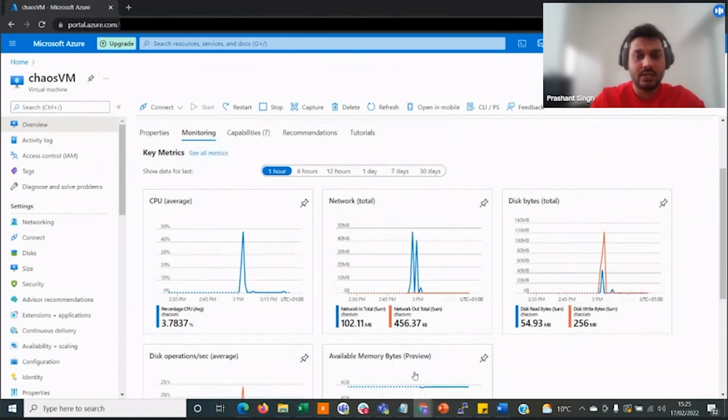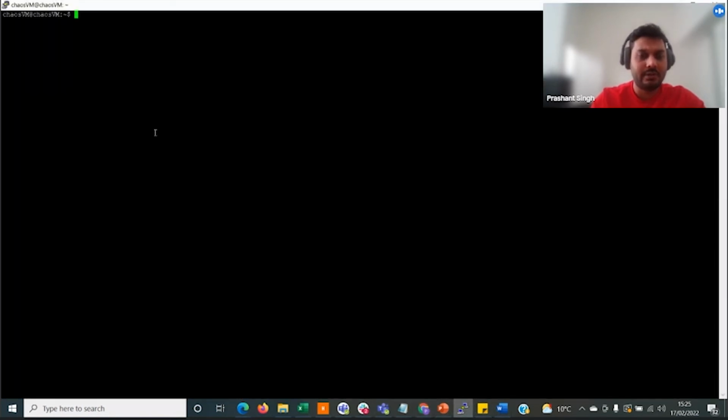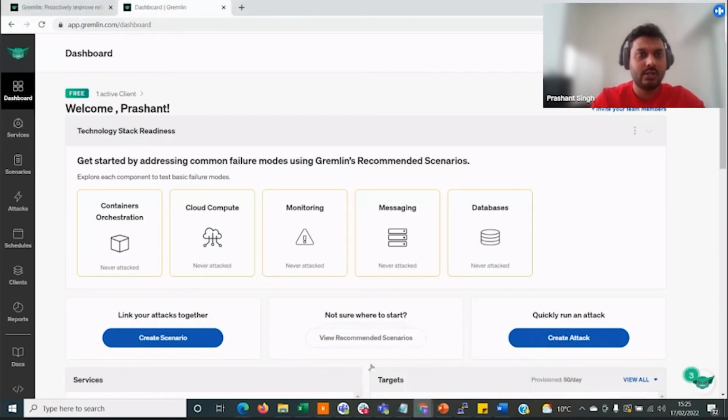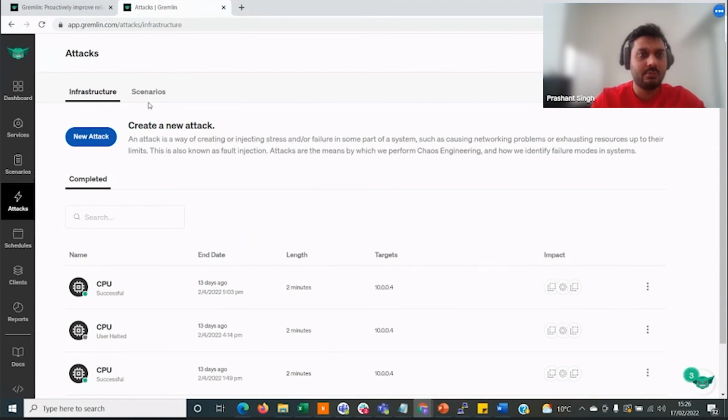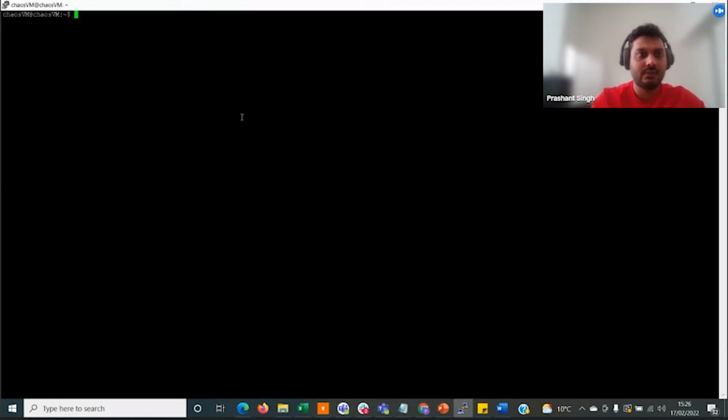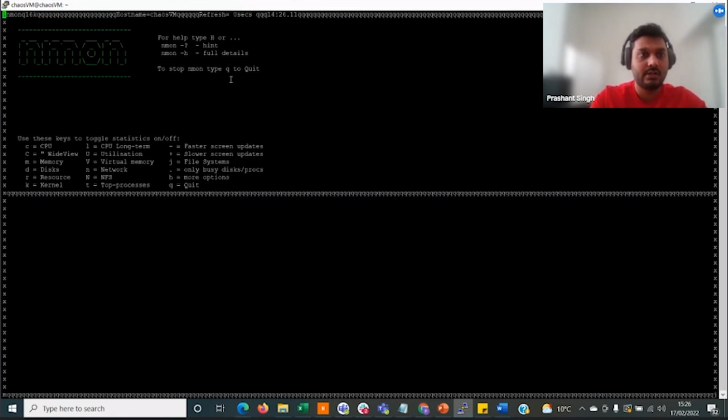And I have already installed all the Gremlin related stuff on this virtual machine, which is also very simple, so you see one active client here. Now I'm going to attack, and before going to attack, let me see if I have some monitoring in my system or not. Nmon, yes, I do have nmon. And if I press L,